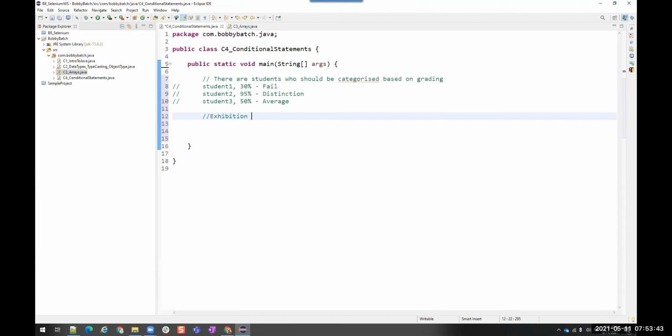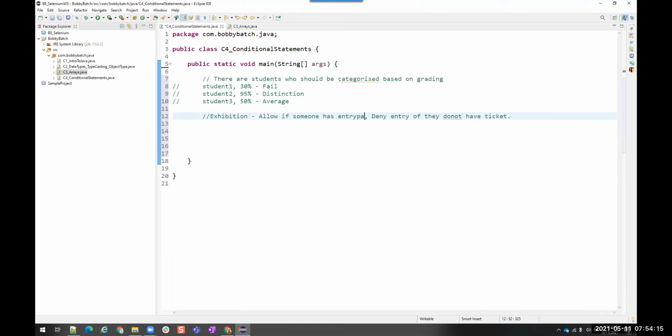For example, I want to go to an exhibition. If someone has a ticket, allow them; deny entry if they do not have a ticket. It's the same everywhere. You will be allowed into a movie theater or any other place with a ticket, or an entry pass.